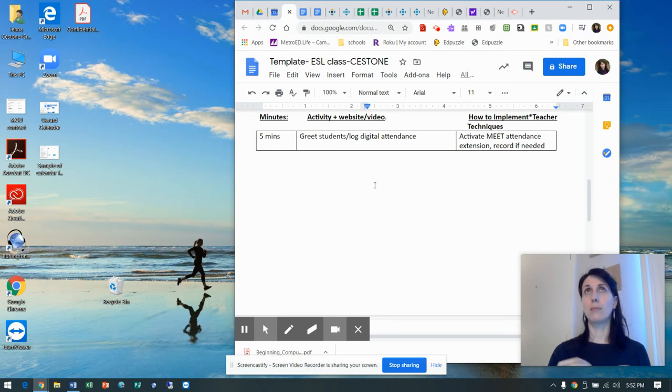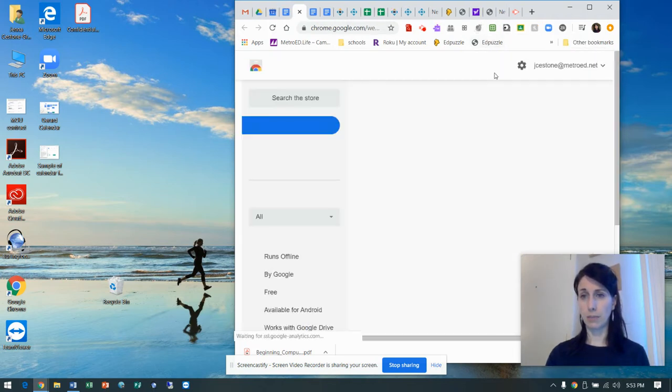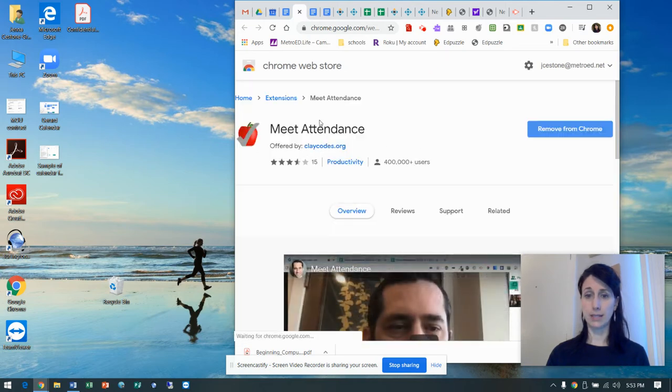Remember, minutes are an approximation, but everyone as a teacher knows that when students come into class, or they come into a Zoom class, we're automatically going to greet them, right? That's what we would be doing. We would either log digital attendance using a Meet attendance app, where you would automatically have your Meet attendance pop up using this extension.